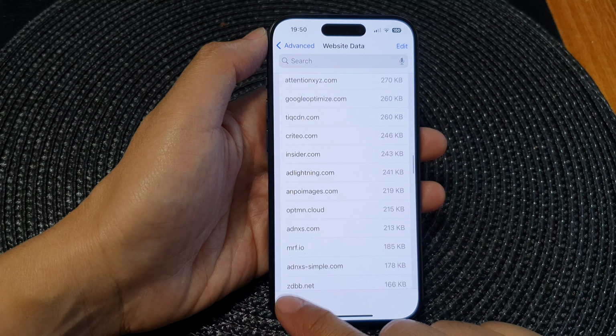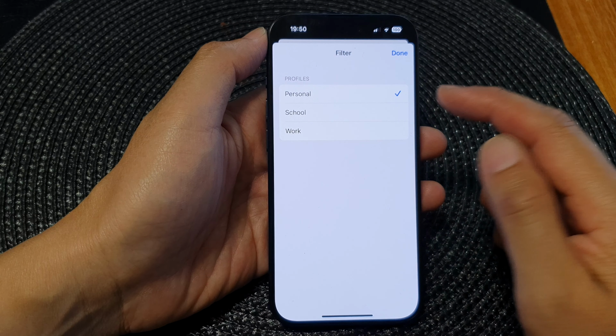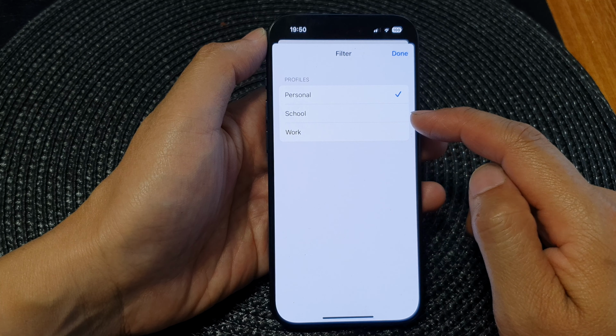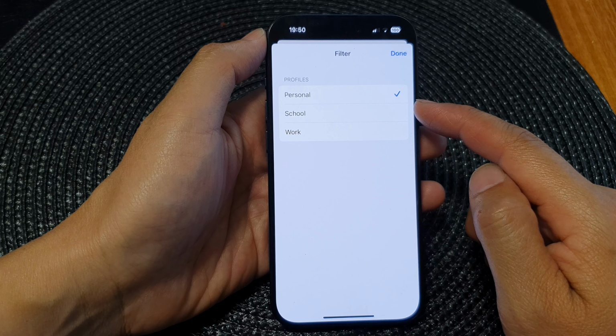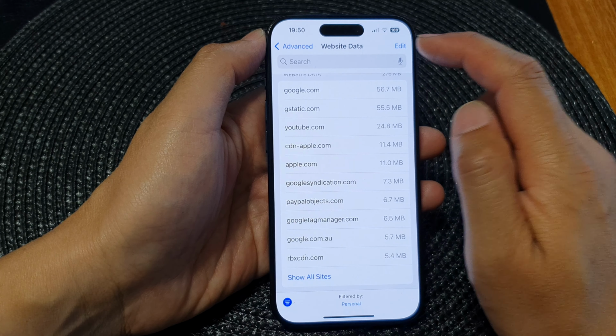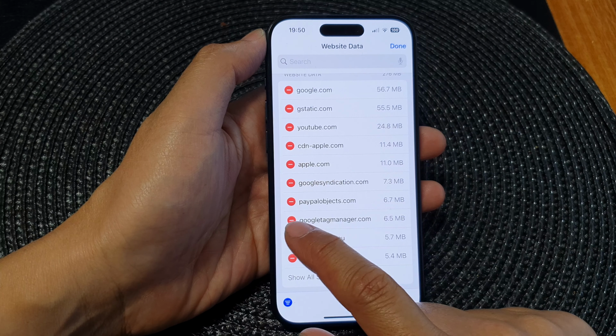You can also tap on the Filter button, and from here you can filter by the different browsing profiles. So here I have personal, school, work. Depending on how you create your profile's name, you might have something named differently to mine. Then tap on Done. Now tap on the Edit button at the top, and from here you can delete website